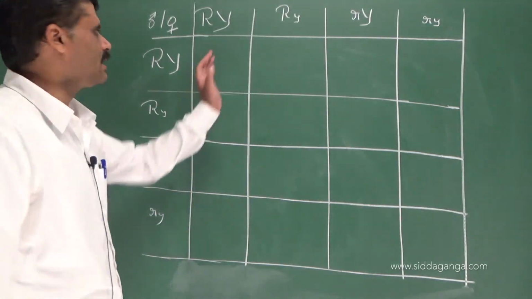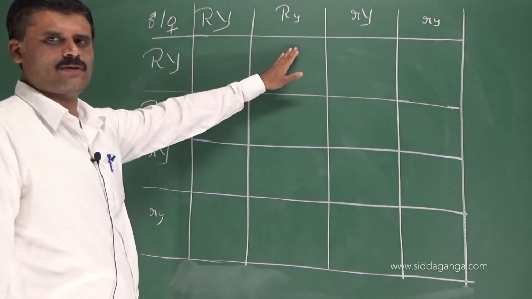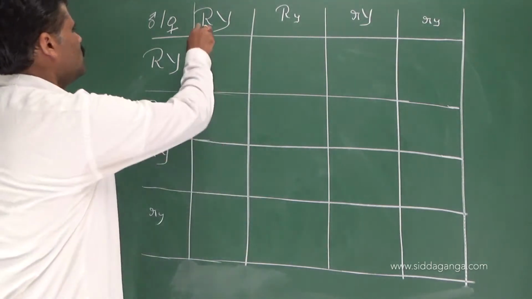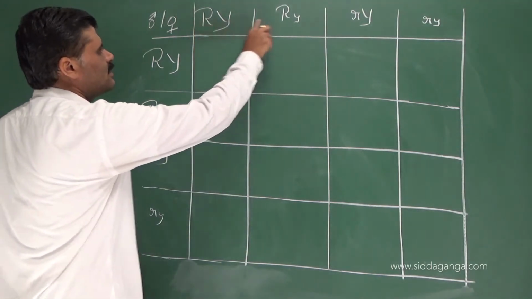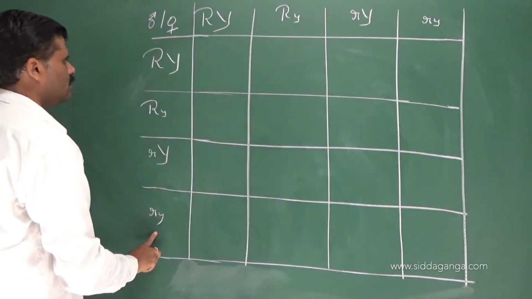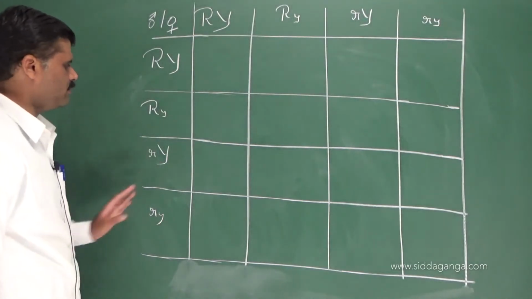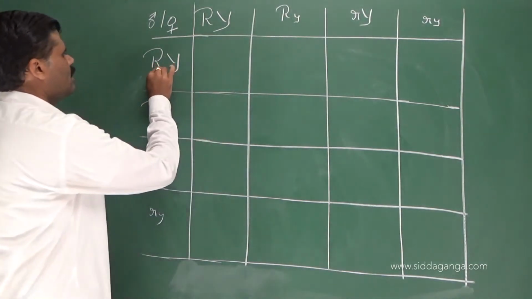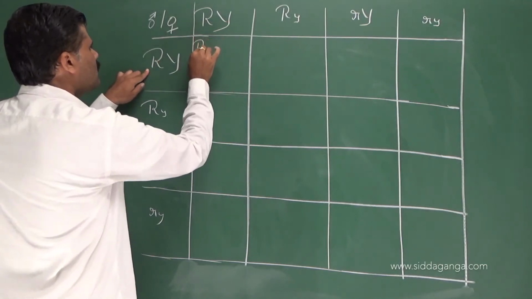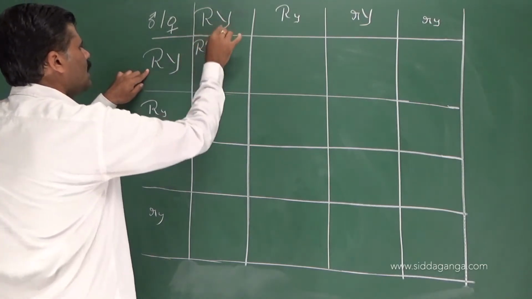Okay. The gamete fusion is represented by a Punnett square, commonly called a checkerboard. So, one parent's gametes are taken at the top, it may be male, and the other is taken at the bottom rows, that may be the female. So, here capital R, capital R, capital R, capital R, capital Y,